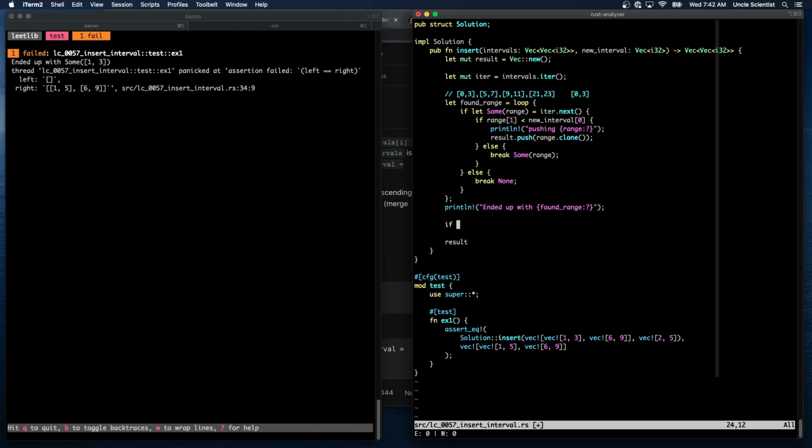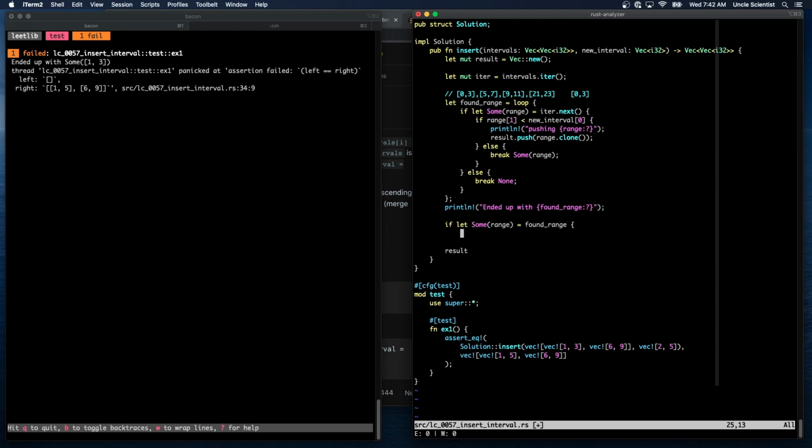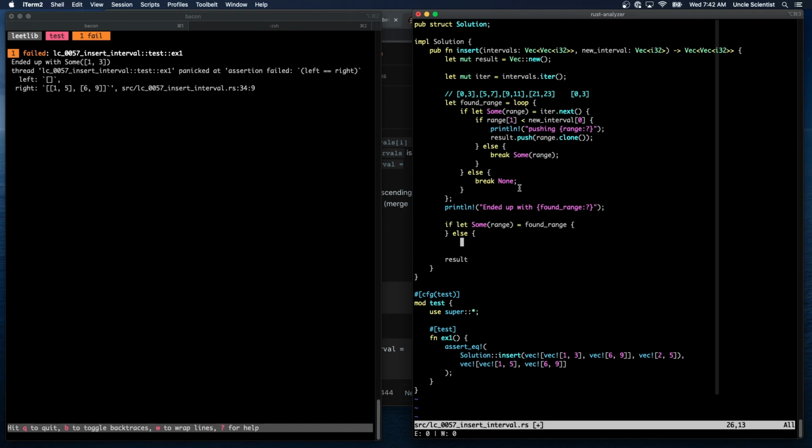So if I say if let some range is equal to found range, then we have a range. If we have a none, then we exhausted the list and we want to say result push new interval